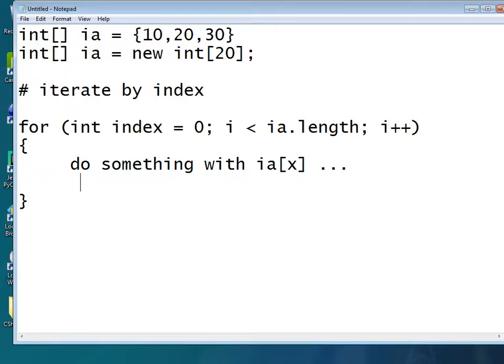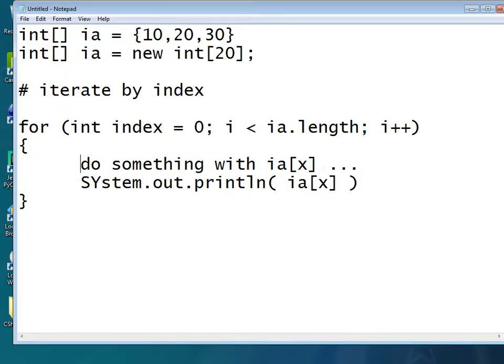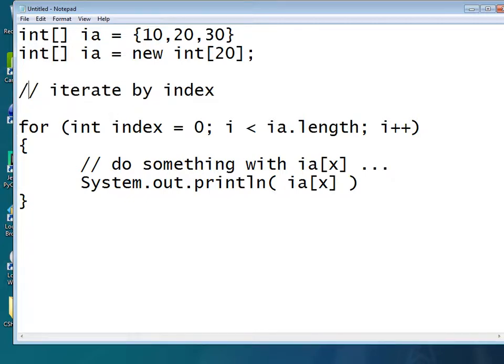Could just be system.out.println IA sub x, whatever. If that's all you're trying to do is print it out. That's iterating by index. There's also iterating by value. Look at that. I was just in Python, so I'm putting little Python comments in. Alrighty. So iterate by value